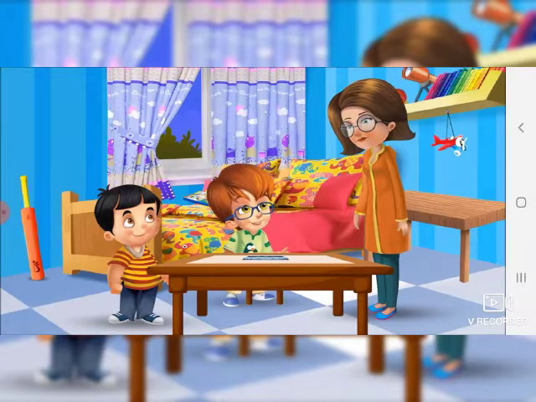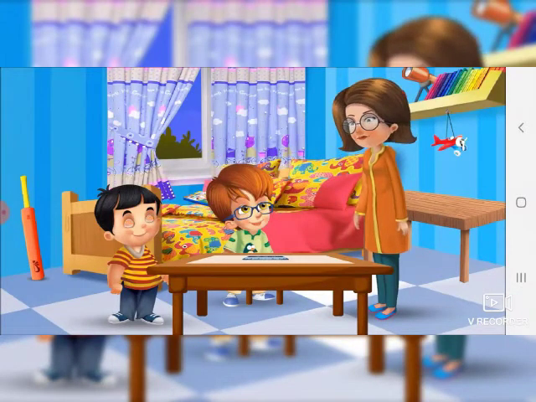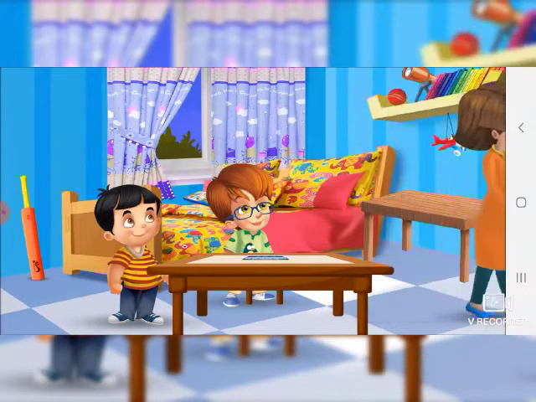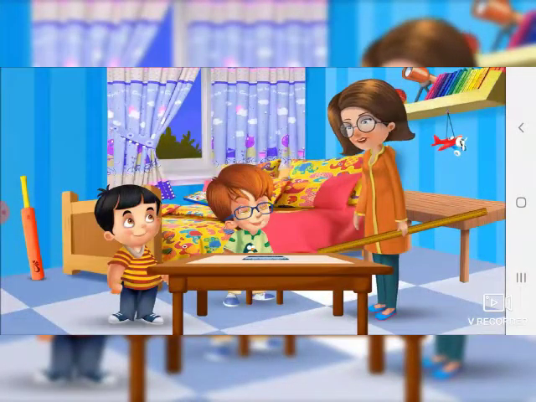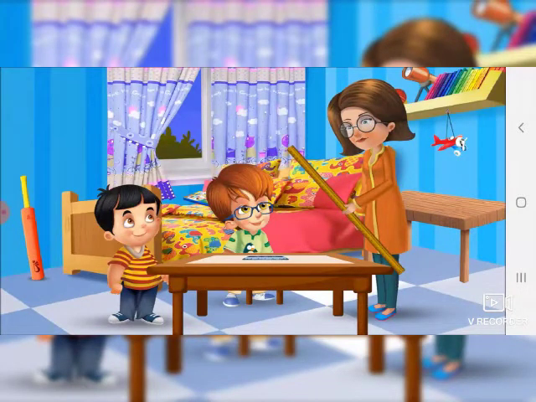Neil says, "But Auntie, it took a lot of time." Mrs. Ria says, "Yes, it's true. As this ruler is not suitable to measure the length of this table, we use a meter scale." Sid asks, "Meter scale? What is that?" Mrs. Ria replies, "Let me show you. Have you ever seen this kind of a ruler?" Neil says, "Yes, I have seen this in my class. Oh, that is a meter scale."